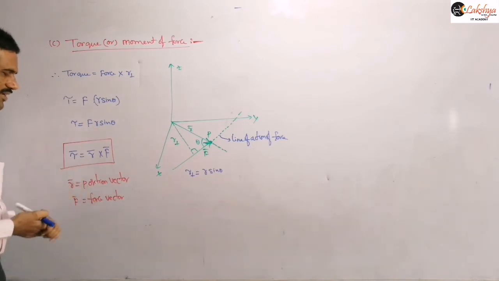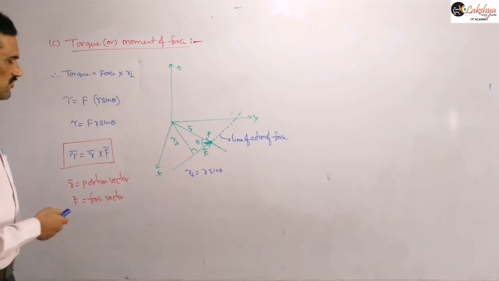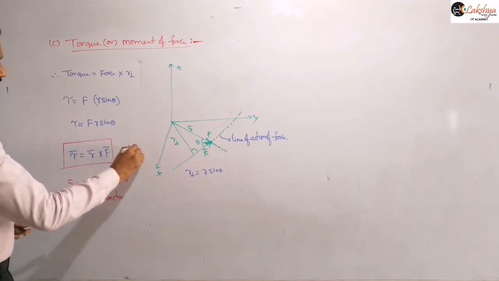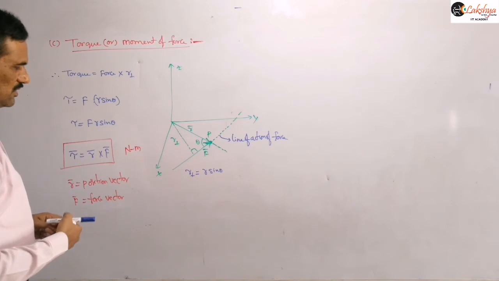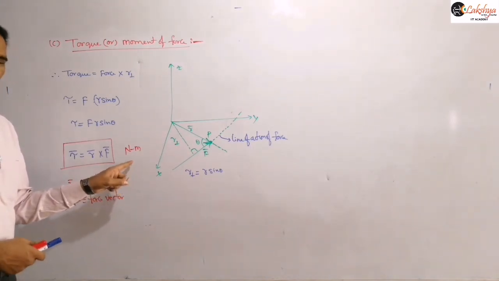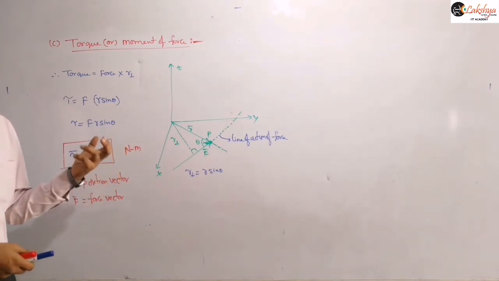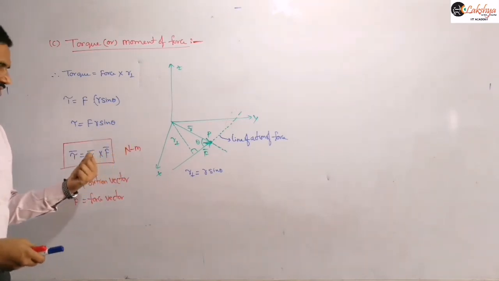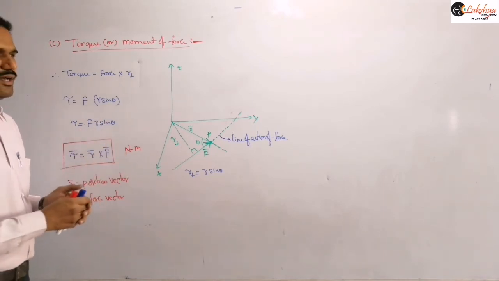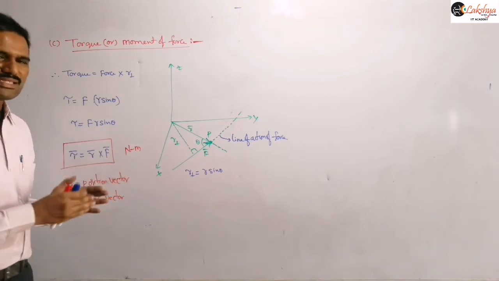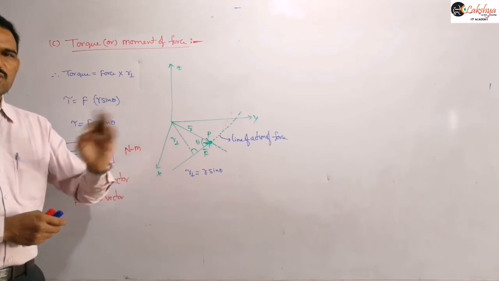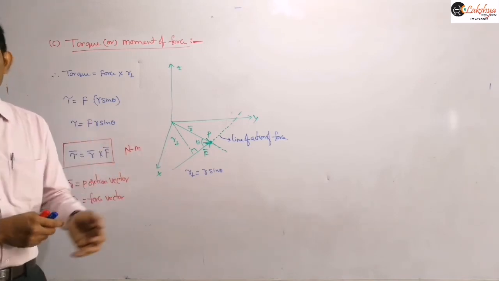So mention about the direction of this tau bar here, and its unit you can write as Newton meter. The unit of this torque will be Newton meter, SI unit. You can't write this as a joule because joule is related to energy, right? Because this torque is not related to energy here. It is something similar to that of force in linear motion. The torque plays the same role as force in linear motion. Force in linear motion has the role of starting the motion or stopping the motion or changing the direction of motion.